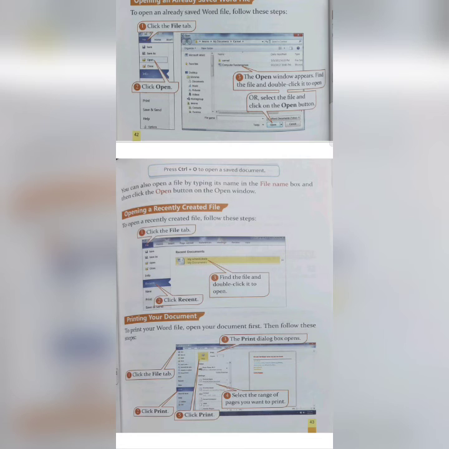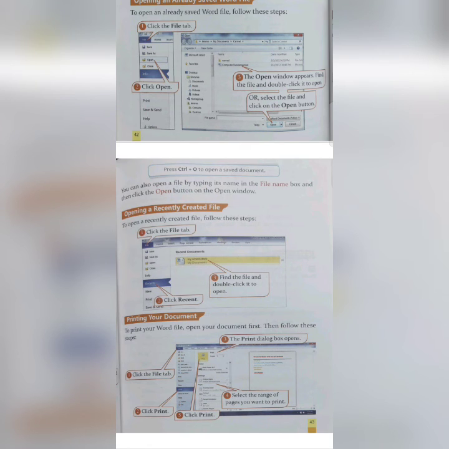Okay. Next, the last one: if you have created a document, and you have saved it, and now you want to print it out, what will you do? To print out your Word file, first open the particular document you want to print. Then follow these steps.